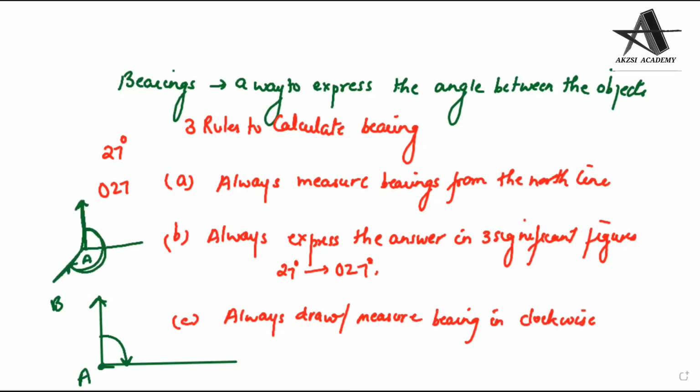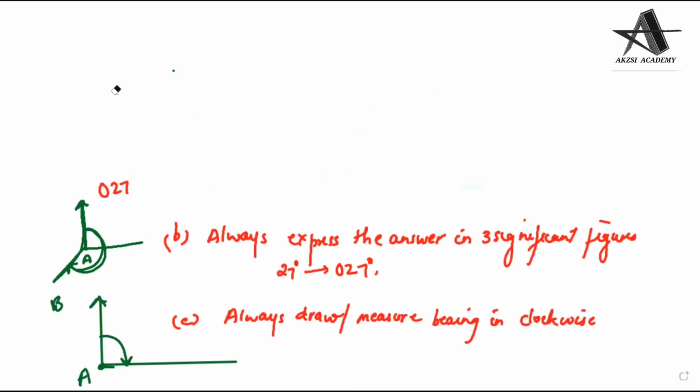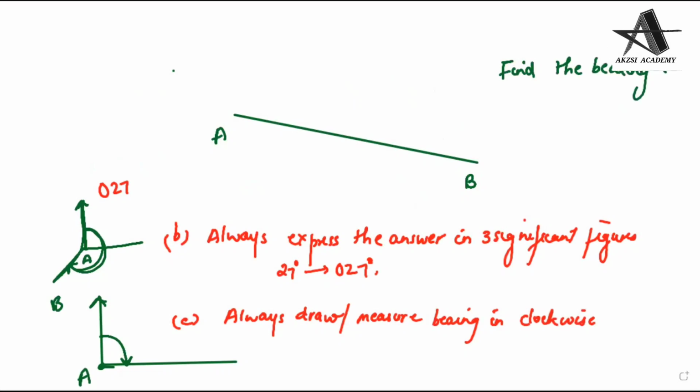I hope you have all taken the screenshot of this. Now let me explain what exactly the terminologies mean and how we can calculate it. Suppose we have this line, just a simple line like this, A and B. And the question is, find the bearing of B